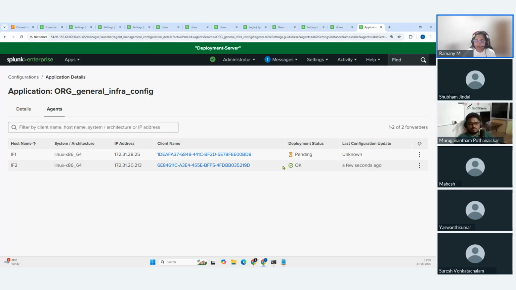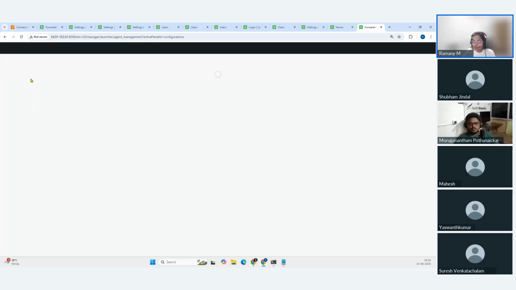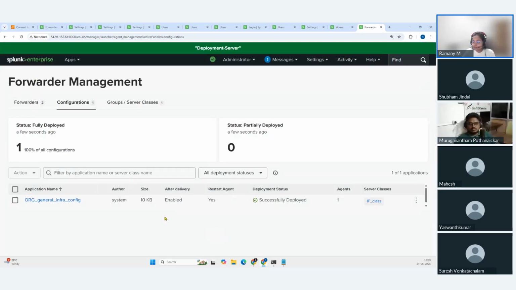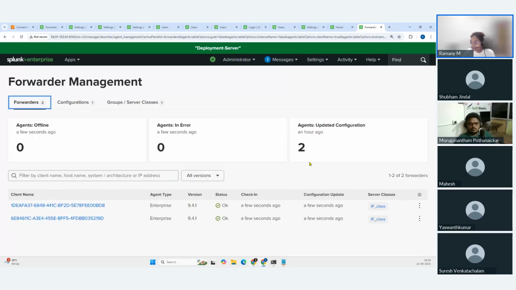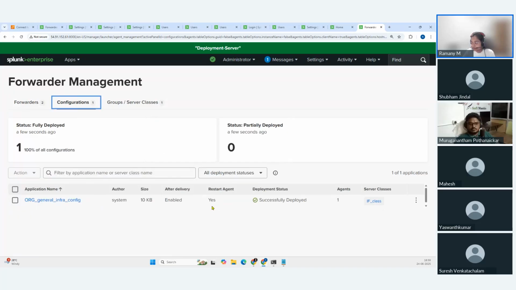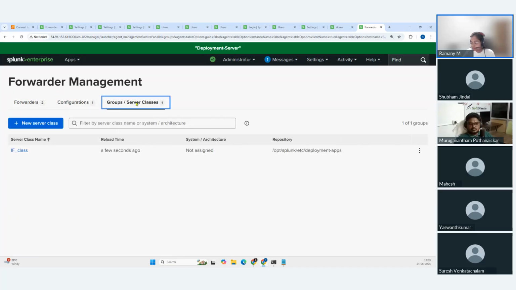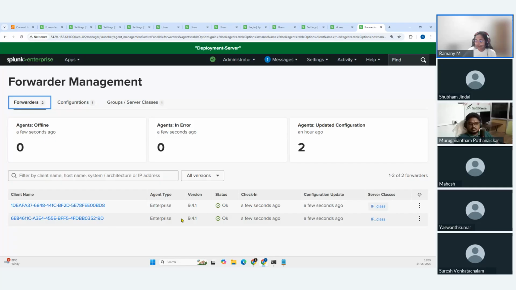It's not just this one. It is successfully deployed on one agent. The other agent, I think, is still deploying. Yeah, let's see, it's done. Yes. So now the configuration, how is